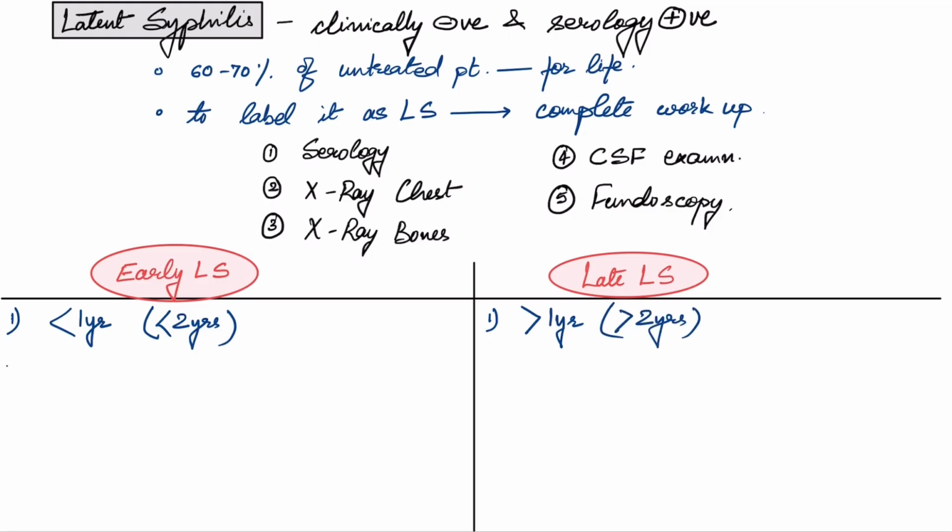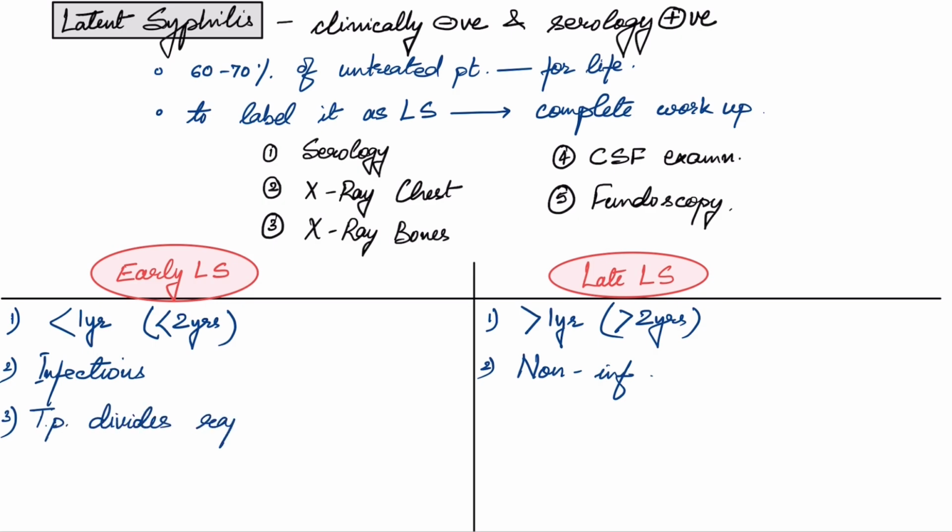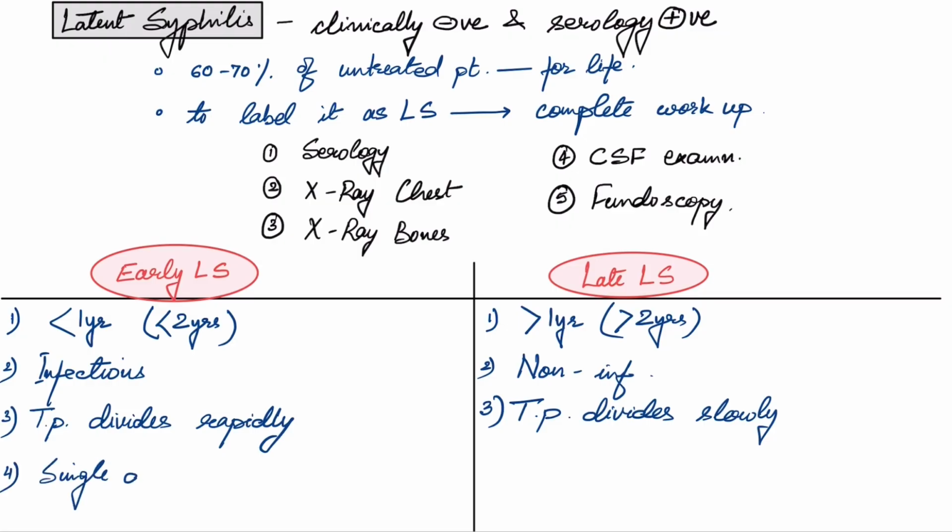But if we see the WHO classification, the cutoff time is 2 years. If the duration is less than 2 years from the time of infection, it is early latent syphilis, while if it is more than 2 years, it is late latent syphilis. Early latent syphilis is infectious and the treponema pallidum divides more rapidly. It needs a shorter therapy, that is just a single dose of benzathine penicillin 2.4 million units IM. While late latent syphilis is non-infectious, the treponema divides less rapidly and they need longer therapy, at least 3 doses